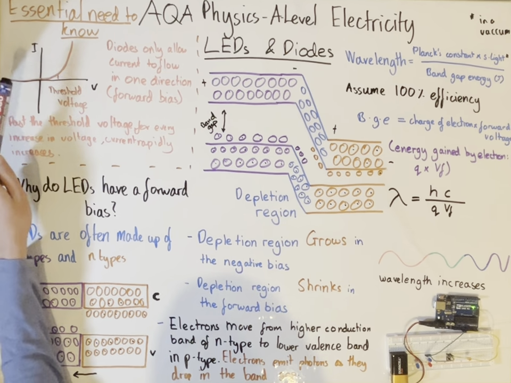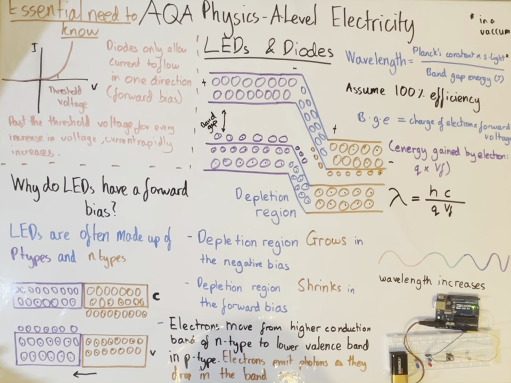So for n-types, the free electrons act as the majority of the charge carriers, and for the p-types, the holes, or the missing electrons, are the majority of the charge carriers. But before you put them together, p-types and n-types have an overall neutral charge. Okay, so